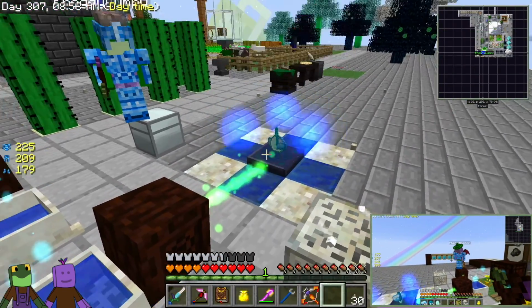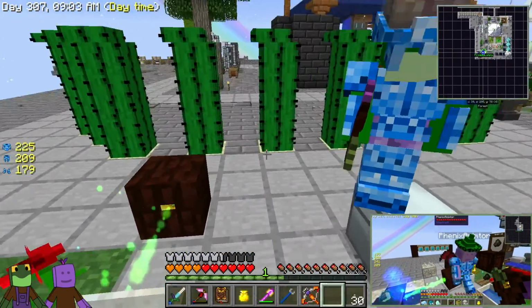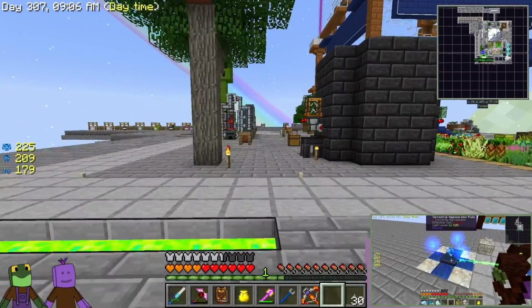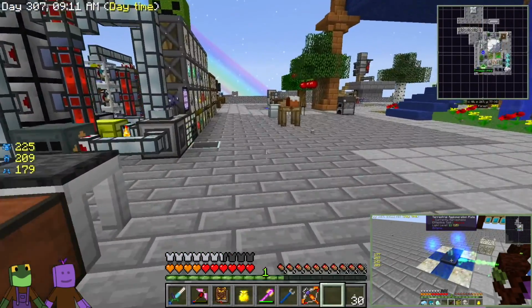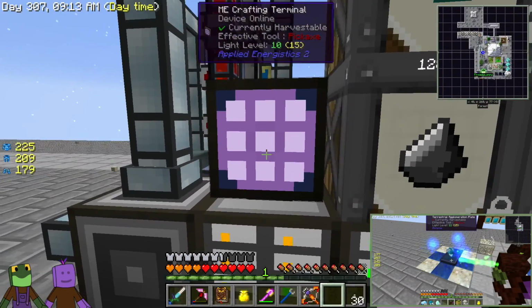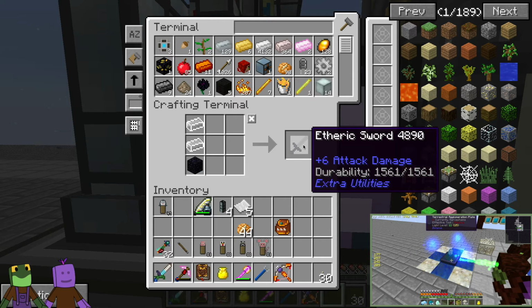Okay, so while we're waiting for that, I wanted to go ahead and do something. Because that seems to be taking a while. Yes, it is turning green though on the plate. It is? That's good. So what I want to do real quick, I want to make an etheric sword, which